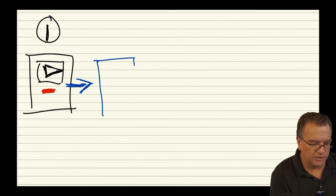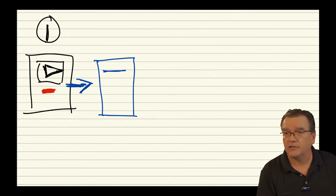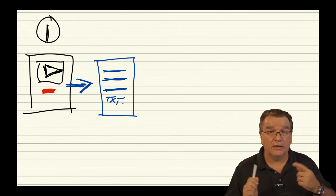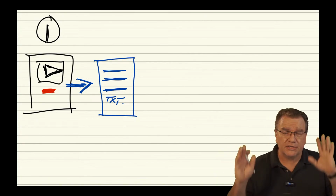And that call to action can be literally as simple as, the simplest version is drop your email in here and I'll send it to you. The next best is give me your name and your email. My preferred one is give me your name, your email, and your phone number, because I love to deal with real people. I don't want to deal with people that are just mass downloading my content and never do anything